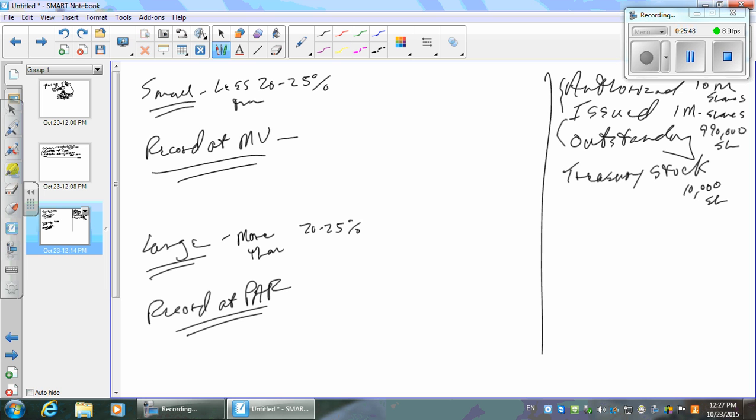So we need to know, I was going to say par and stated value. Now some states have par, some states have stated value, and some states have no par, okay? All right, and I really need that before I do the stock dividends. Okay, so let's say we have $1 par. What does that mean? In my articles of incorporation, I specify that each share has a $1 par value, okay? Or 10, or 5, or whatever number you pick. Or the stated value could be $1 or 10 or 5.